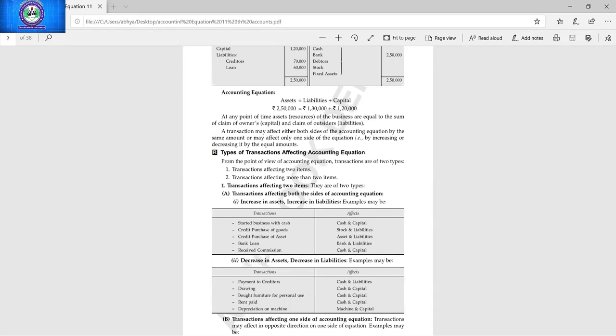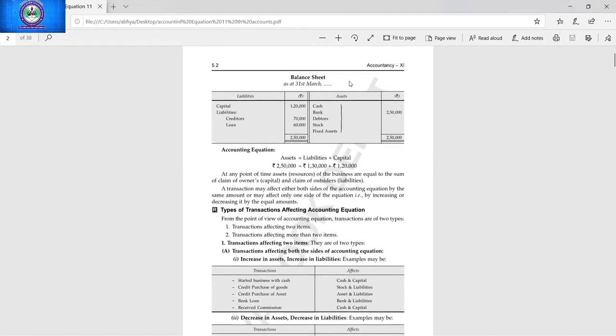Now Ambika, I'm coming to your question. Ambika is having a doubt: why can't we write asset instead of debtor, as debtor is an asset only. Here is the answer to your doubt. You can see one format on my screen. Yes, balance sheet. Till now I have not told you about the concept of the balance sheet, but because your question has come, I'm telling you: at the end of the year we need to prepare this statement. This statement is known as the balance sheet.